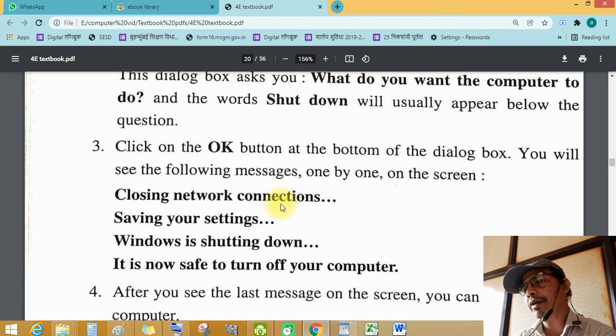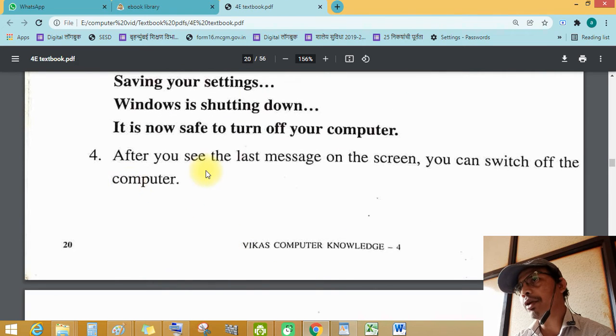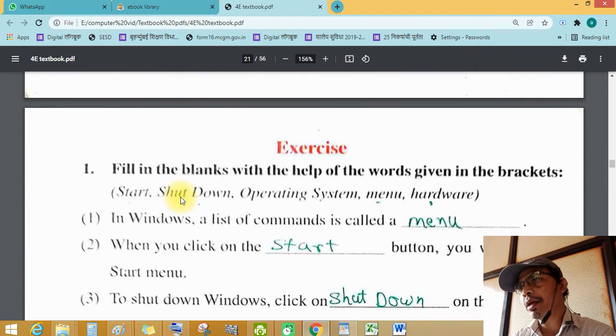Closing the network connection, saving your settings, Windows is shutting down, and then it is now safe to turn off your computer. After you see the last message on the screen, you can switch off the computer. Now the exercise.